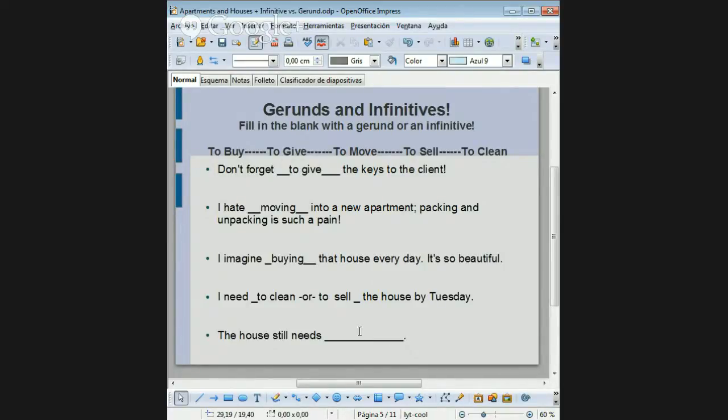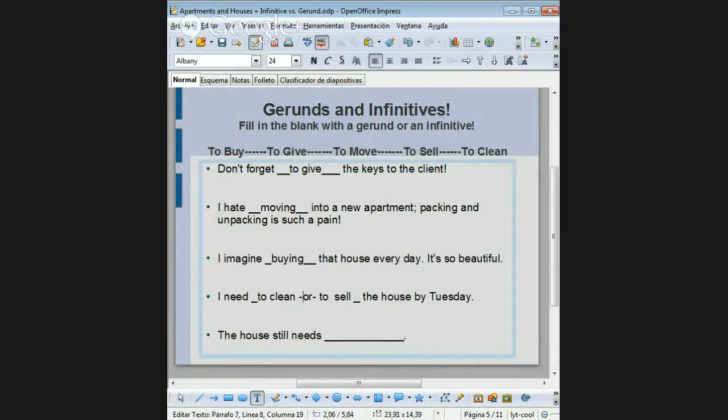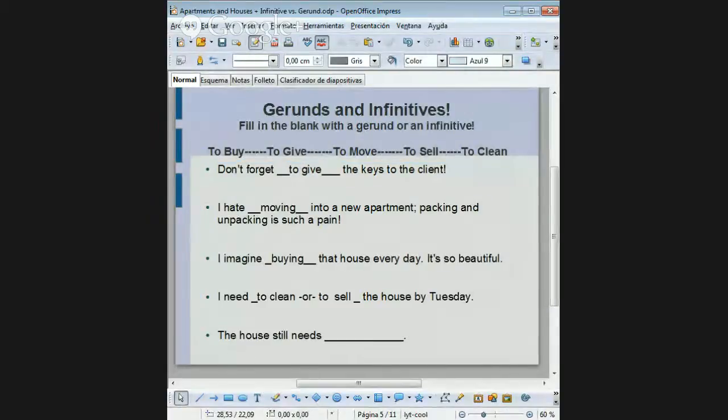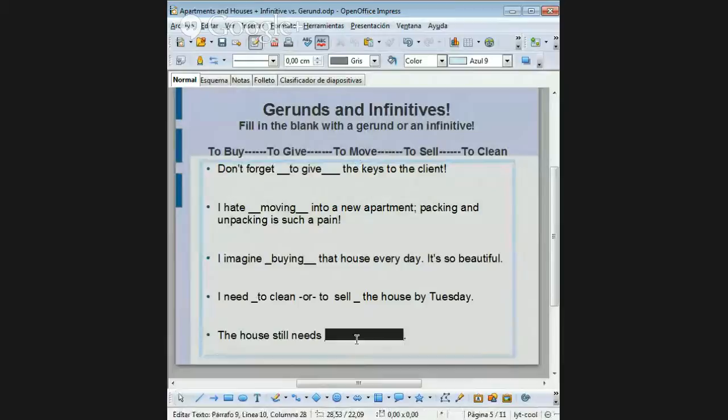And let's have Oscar. What about the last one? The house still needs to clean. Close. It's a little bit different. We'd actually change it a little bit. How do we change that? The house still needs to sell. Okay. So you're right the first time. We would use the verb to clean,